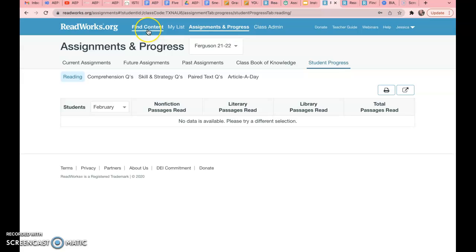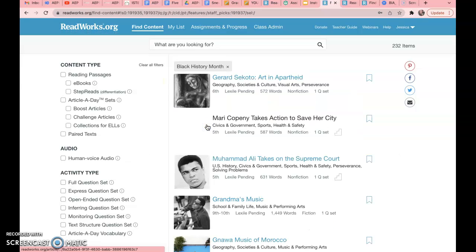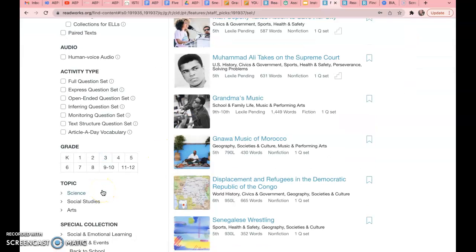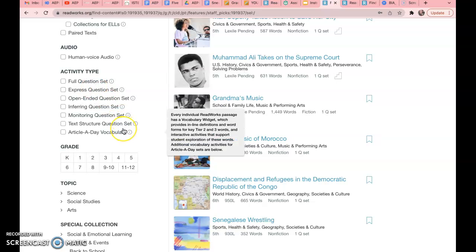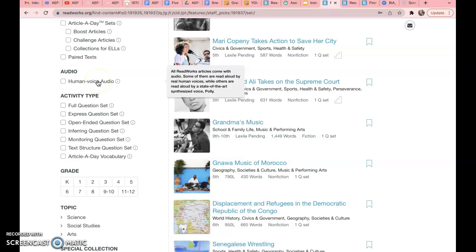So if I wanted to assign something, I would go to Find Content. And since it's Black History Month, we can click on this. Something else I can do is I can search by grade level. I can choose an activity type that I would like to attach to it. I can make sure that it has